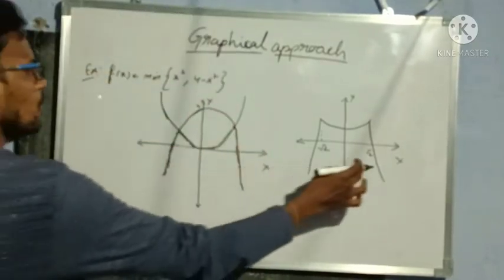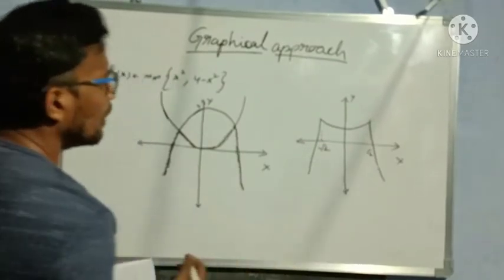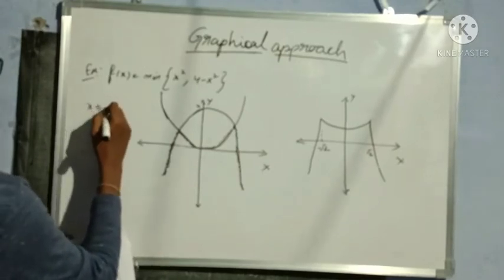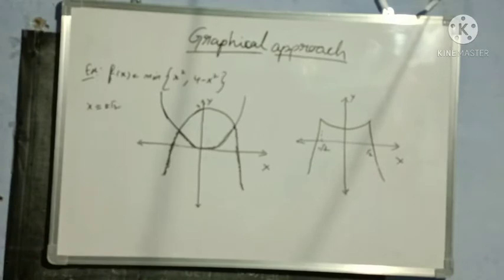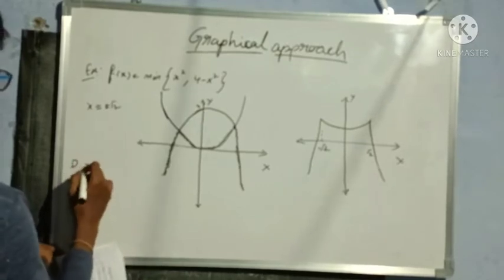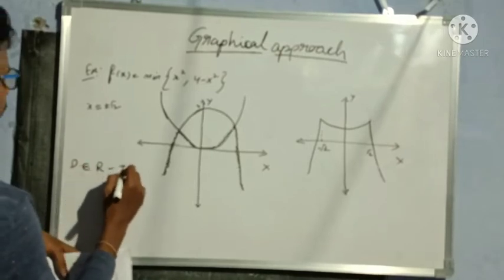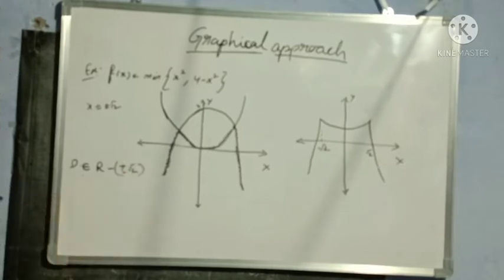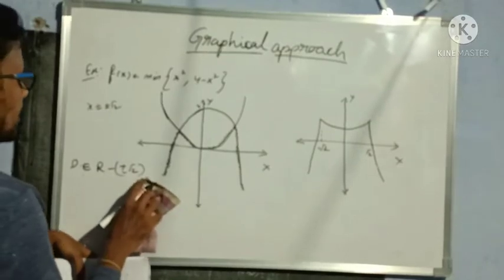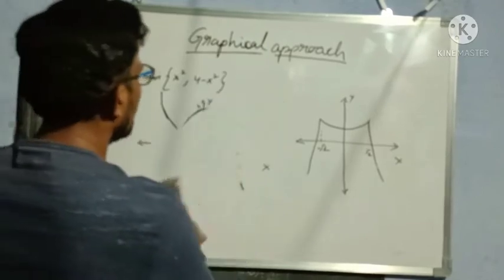So this graph is also not differentiable at 2 points, that is x is equal to minus root 2 and x is equal to plus root 2. Understood? Only when x is equal to plus or minus root 2. Okay? This graph is differentiable. Means we can write that like this as this graph is differentiable at R minus of plus or minus root 2. Understood? At what points? At remaining all, whatever the real value it is, but except plus or minus root 2. Understood? This is about minimum value of the graph.